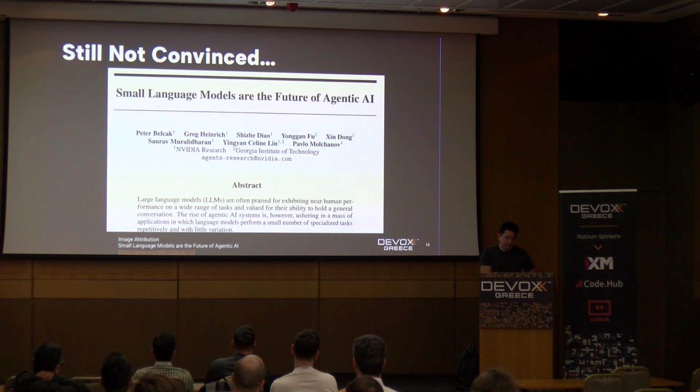And if you're still not convinced, this is a research paper from NVIDIA: Small language models are the future of agentic AI. Now, why is this important? It's important for 2 reasons. The first is NVIDIA, their entire bread and butter, how much money they make, they would make more money if you just wasted your tokens, right? Because you'd need to buy more GPUs and their revenue would go even higher. Waste is good for them because it requires more hardware.